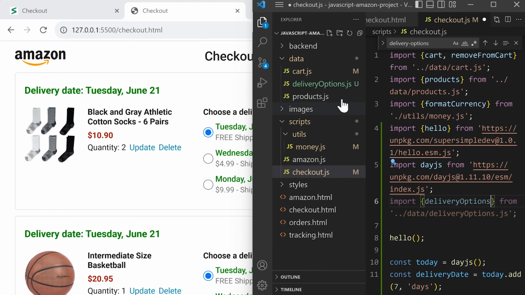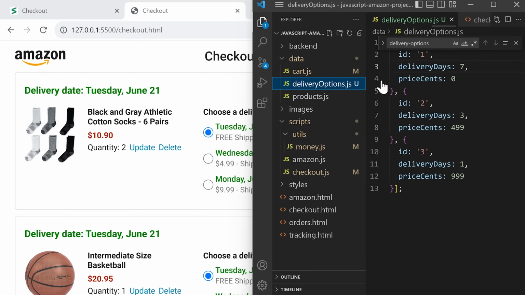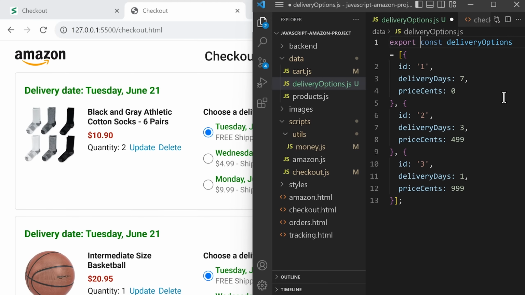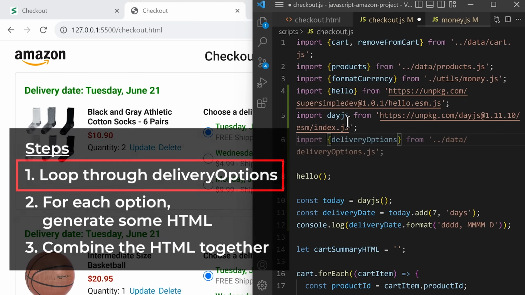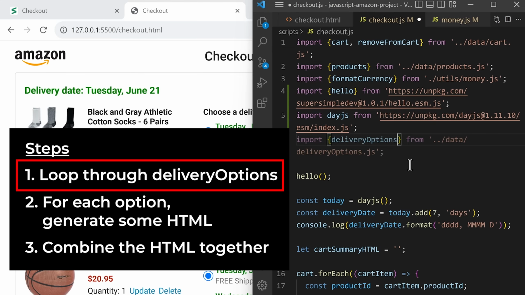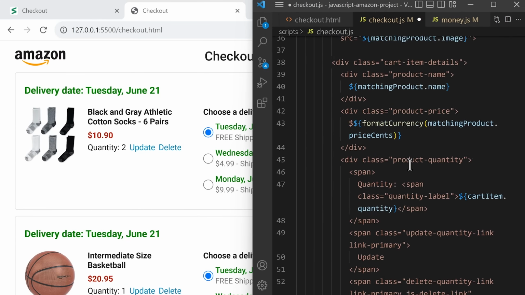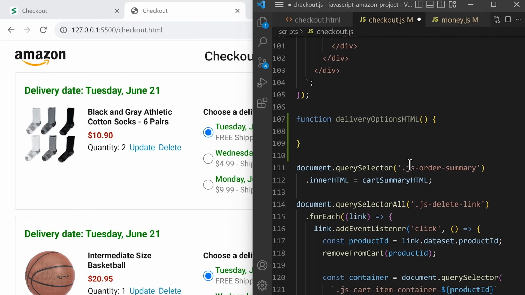Now, one thing I forgot to do is that inside these delivery options, we need to make sure that we export this variable. So we're going to type export and save. And we'll go back to checkout.js. And then here, we're going to loop through the delivery options below. So we'll scroll back down to this new function,